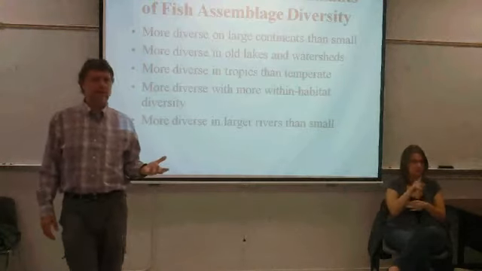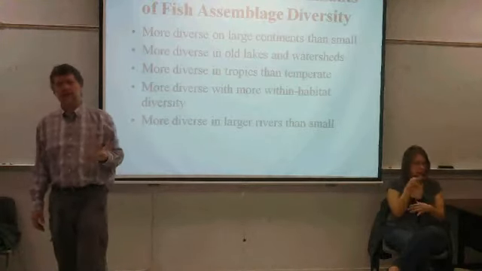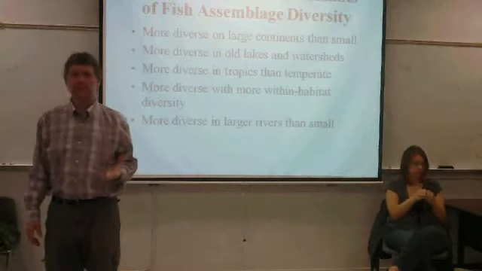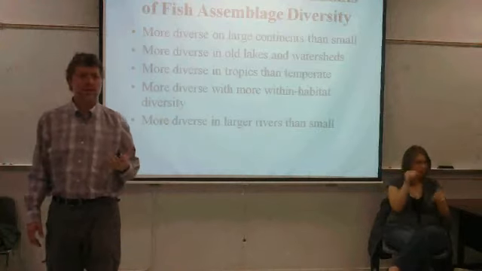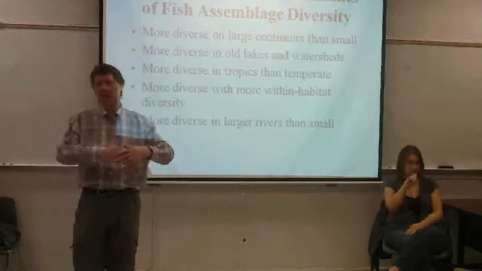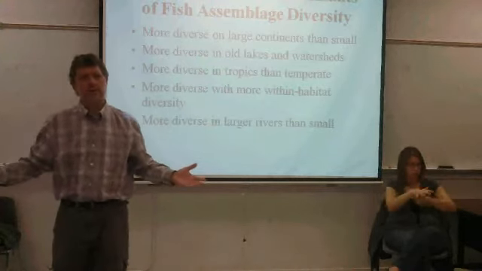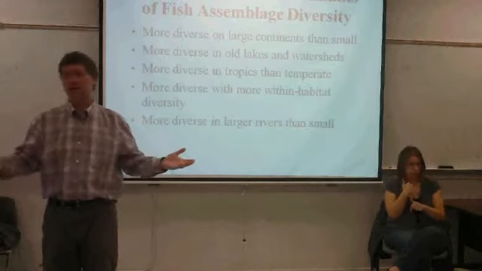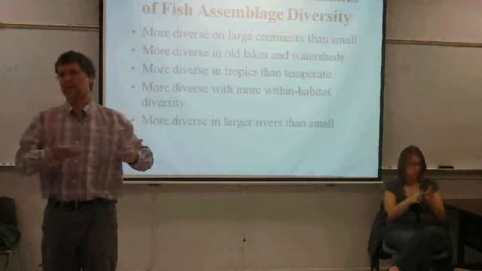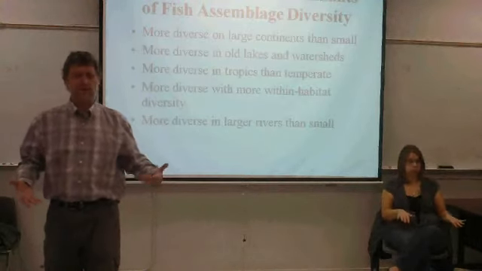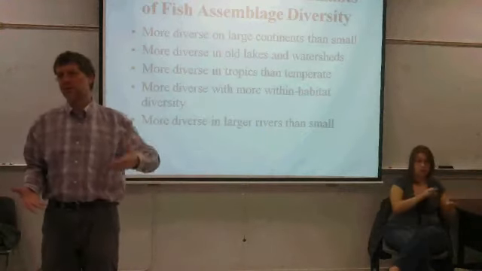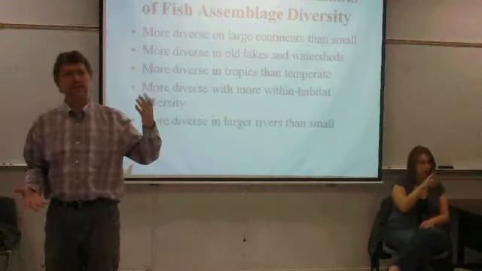And part of it's related to disturbance, because you can think of floods and drought having a much more abrupt and extreme effect on a small watershed than it does on a river. The reason being, the Mississippi River is integrating a huge area, and so the response, even if there's a big flood on the Mississippi River, it's never fast, right? It takes weeks to come up and weeks to go back down. So the fish can respond to that. And in contrast, a flood on Kanza, where there's a 20-foot wall of water that comes down in 2 minutes,